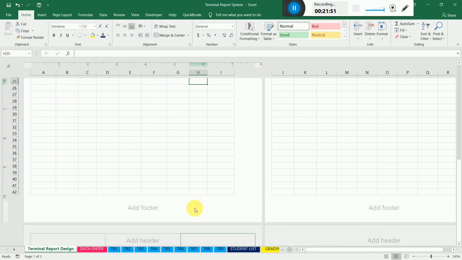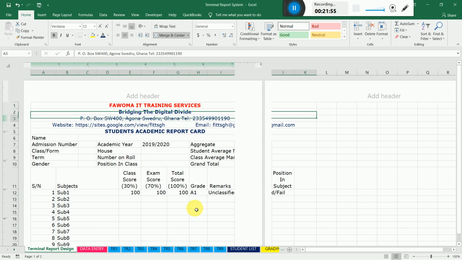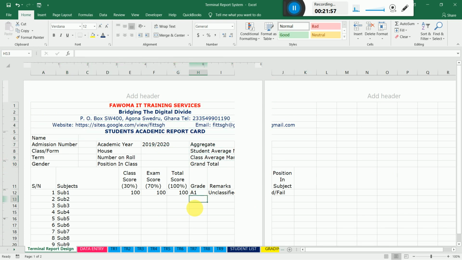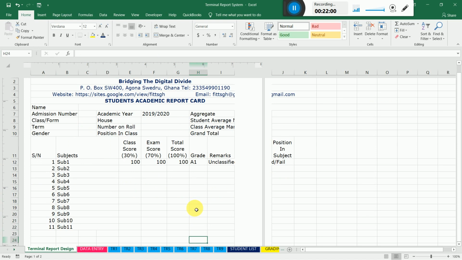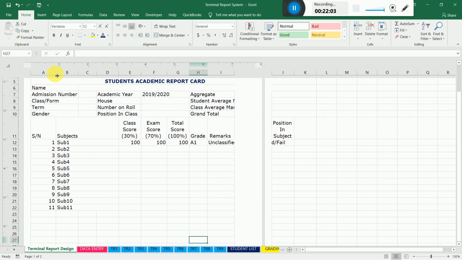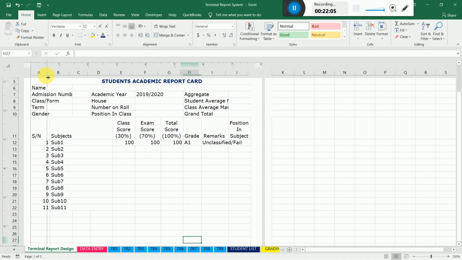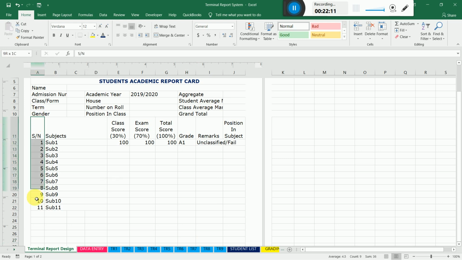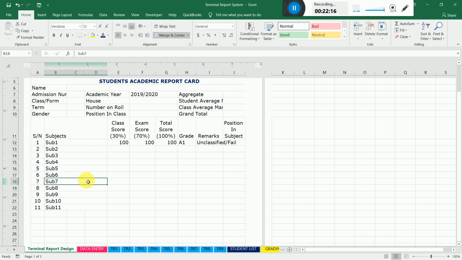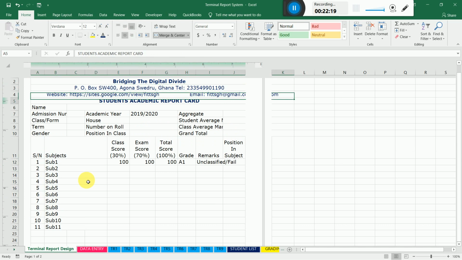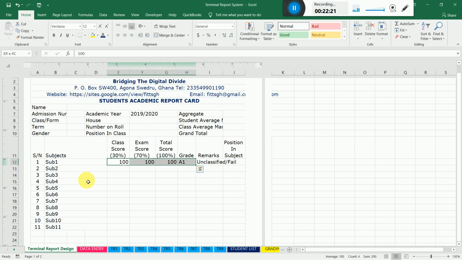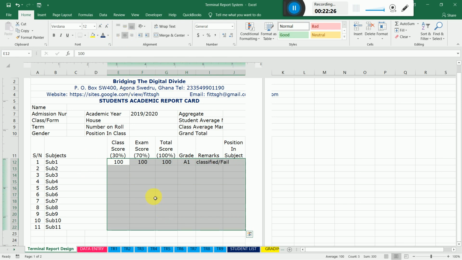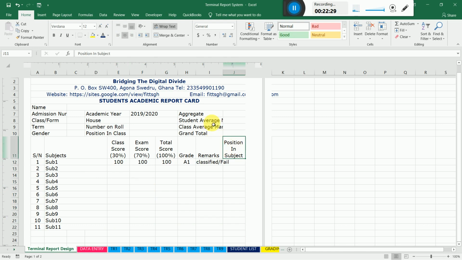Okay, so I think this is okay. If this doesn't work out, I'll make it a landscape. Okay, so I'll close this. Then I'll make this format. Then I'll need to center these. So once it is centered, this is what